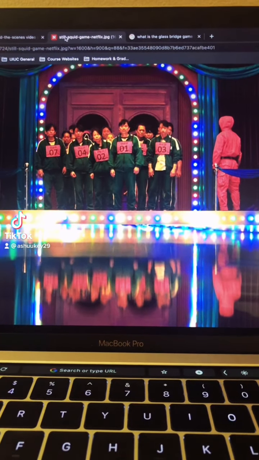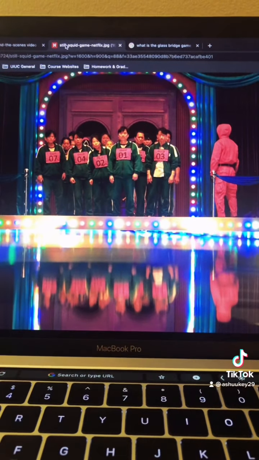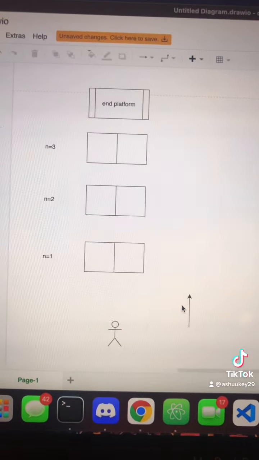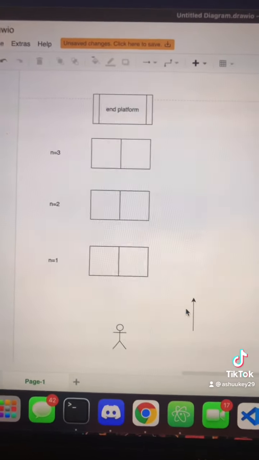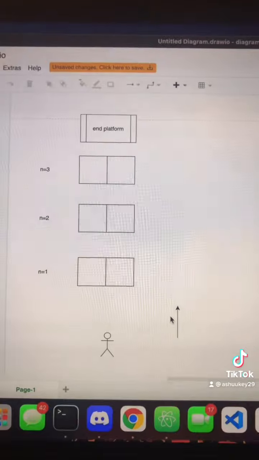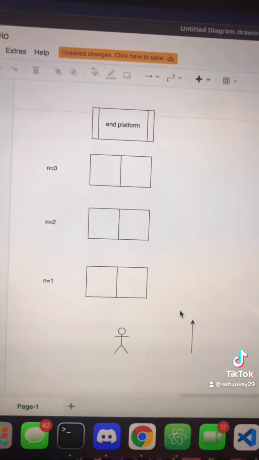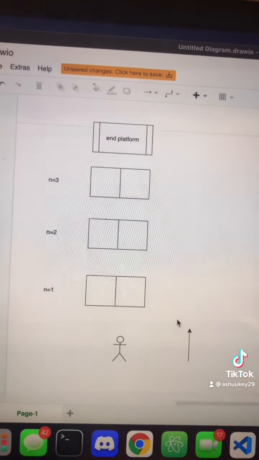There is a surprising amount of probability in the glass bridge game of Squid Game. The objective of the game is to go through a set of tiles to get to the end platform. The catch is that one tile in each set will break if a person steps on it. The actual game has 18 sets of tiles, but for our purposes, I'm just going to show you an instance